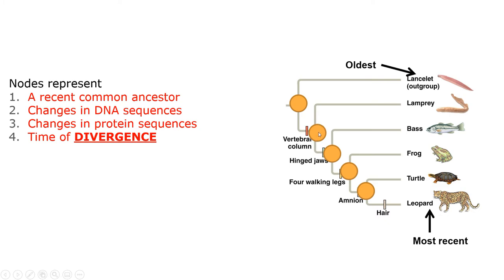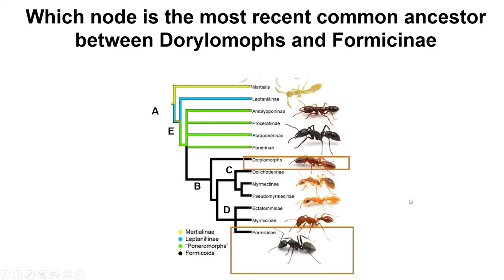They're going to represent some sort of change, some sort of mutation, right? Because they got those new features. And it's a relative estimate of the time of divergence. Oldest ones are at the top, youngest ones are going to be at the bottom. So if we look at